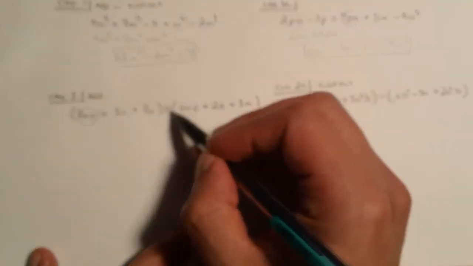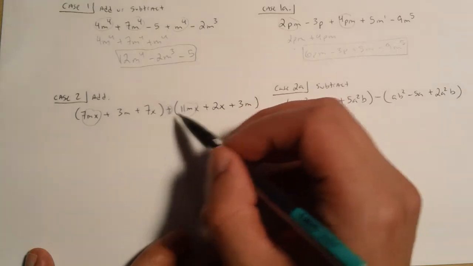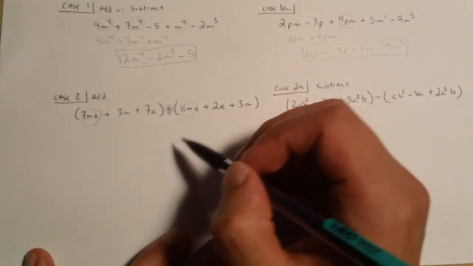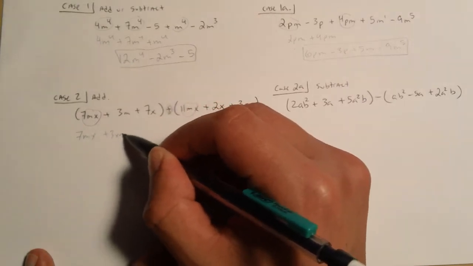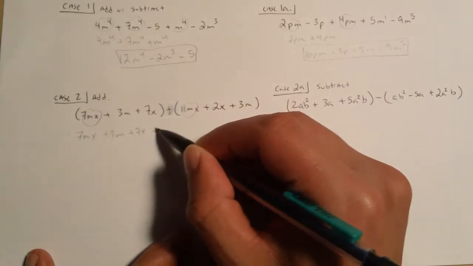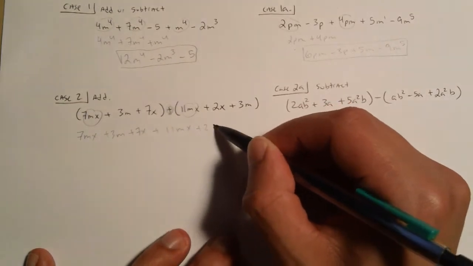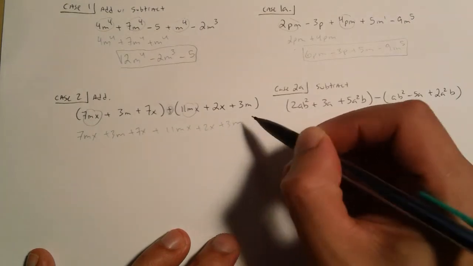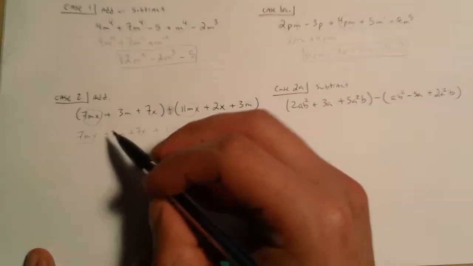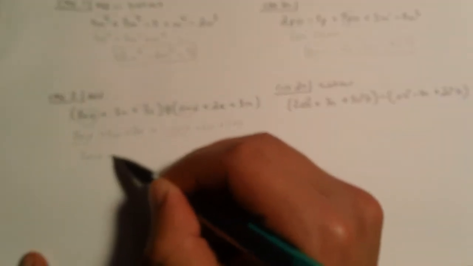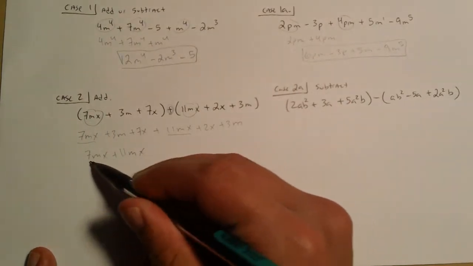Whenever you see this operation and two sets of parentheses around it, you should be able to rewrite it. So 7mx plus 3m plus 7x plus 11mx plus 2x plus 3m. We have our 7mx and 11mx, so 7mx plus 11mx, and right here we should have 7 plus 11,